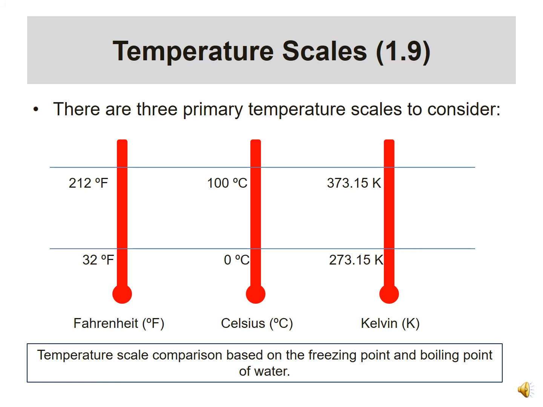And you note on the Fahrenheit scale that water freezes at 32 degrees Fahrenheit and it boils at 212 degrees Fahrenheit. Now if I had 3 identical thermometers like we have here, and I hadn't marked them off at all yet, and I just had mercury in them, I put them in freezing water, they'd all come to the same level. And all we're doing here is we're putting different marks at that level. If I'm on the Fahrenheit scale, the freezing point of water is 32 degrees Fahrenheit. If I'm on the Celsius scale, the freezing point is 0 degrees Celsius. And if I'm on the Kelvin scale, it's an odd number, but it's